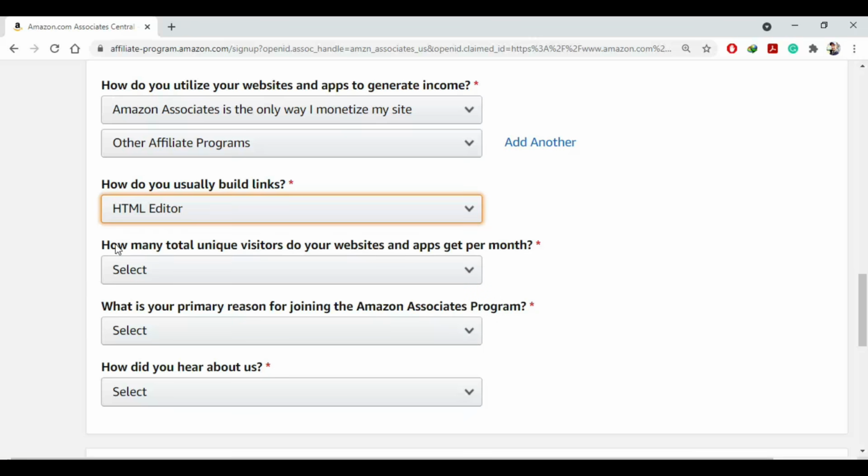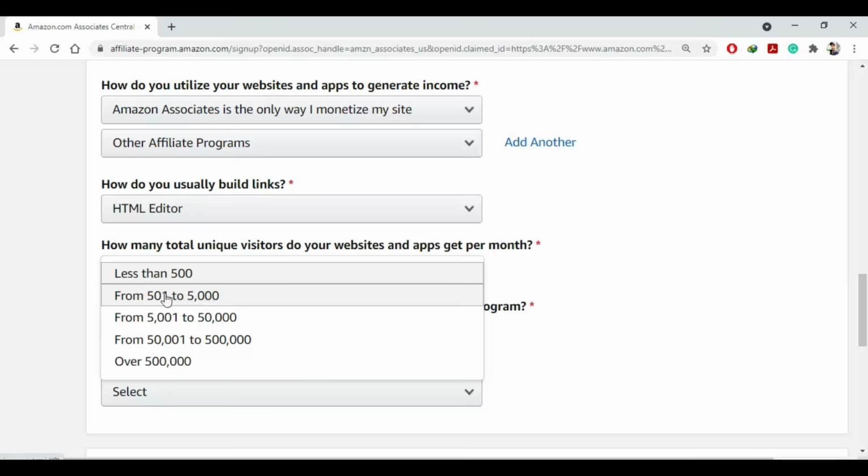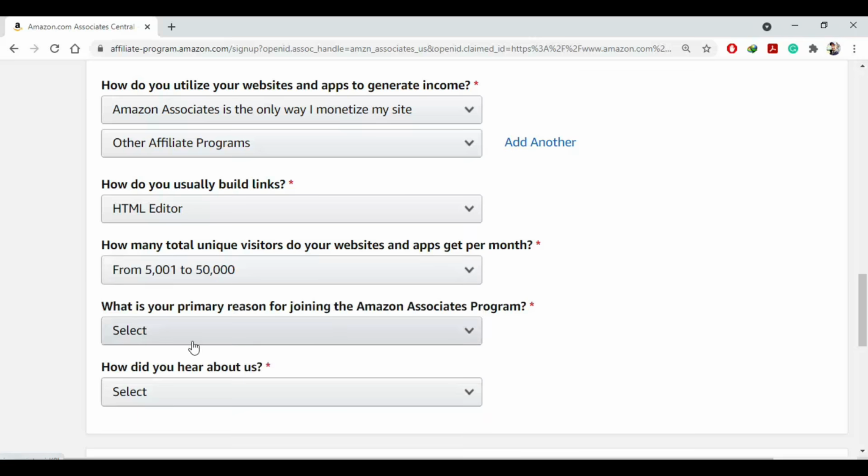How many total unique visitors do your website and apps get per month? Here you can tell your website or application's unique visitors per month: 500 to 5,000, 5,000 to 50,000, over 500,000. You can select whichever one you want.